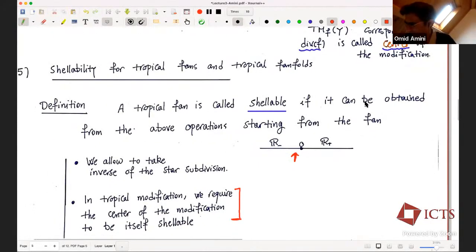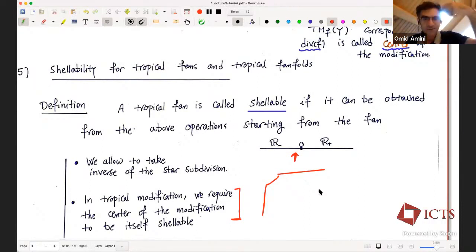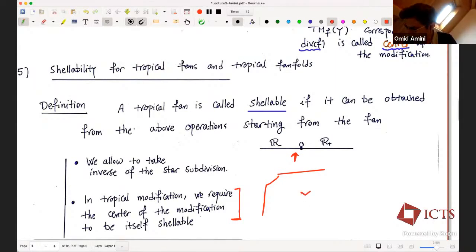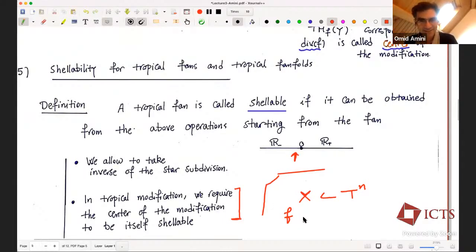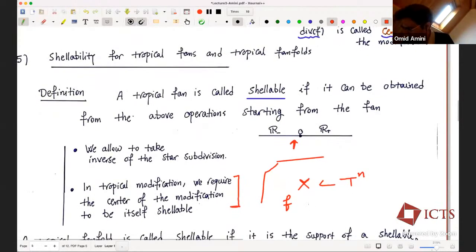Yes, thank you very much for asking this. The algebraic analog is the following. So the question is, what is the algebraic analog? You see that the tropical modification is defined by fixing a function. So you start with some subvariety X of some algebraic torus T^n. Then you fix a function f, which is defined on X. This is a regular function. It doesn't have poles, but it can have zeros. So now what you do is that you remove the zeros of f, you take X minus the zero set of f,